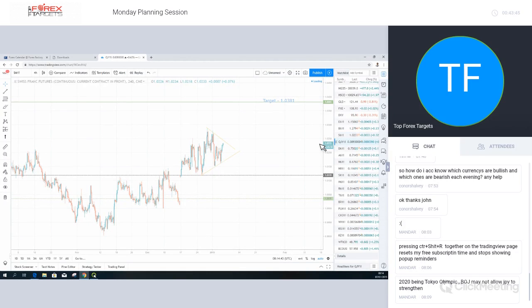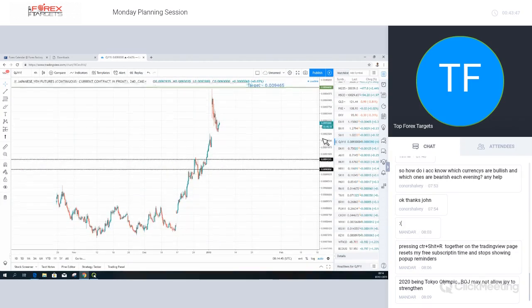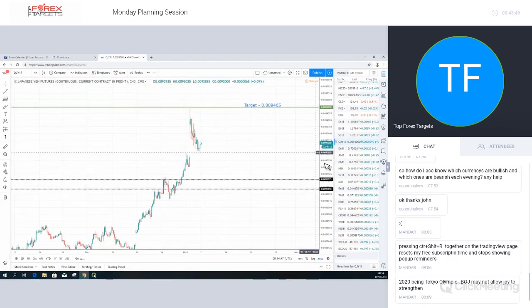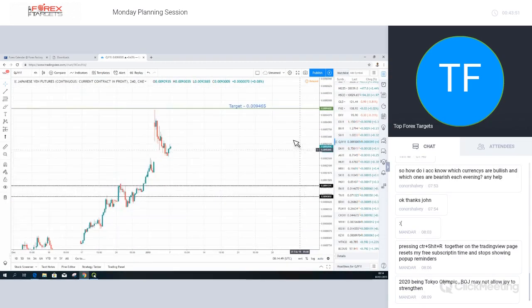The Japanese yen, we had this flash crash in the Japanese yen, and generally speaking, although this is a strong currency, in fact the strongest currency, the problem we face is that very often when you have these flash crashes, you can go back and look historically, you just go into an extended period of correction. So I question whether we're just going to spend the rest of the week correcting, in which case we may find the Japanese yen pairs tricky to trade this week.